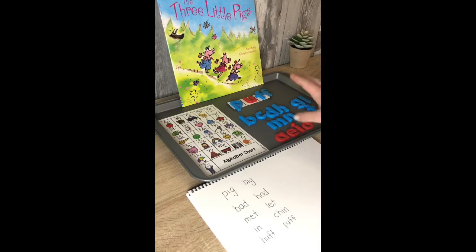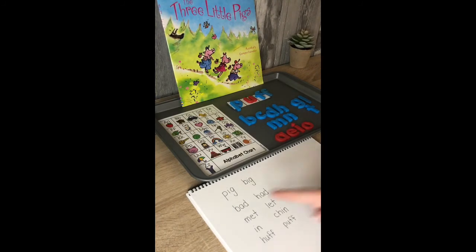Okay, so that's how you do all of the CVC words in the Three Little Pigs. So if you look on your weekly calendar, I have a word list of all of these words for you. So you'll need that list beside you, and then you build your words, and I want you to write the words in your book. And when you're done writing them, I want you to read them, or you can read them as you go too. So let's read these words together. Pig, big, bad, had, met, let, in, chin, huff,